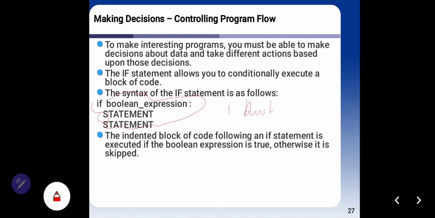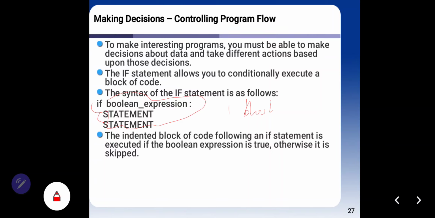The indented block of code following an if statement is executed if the Boolean expression is true, otherwise it is skipped.